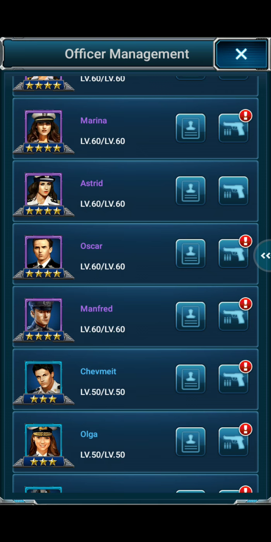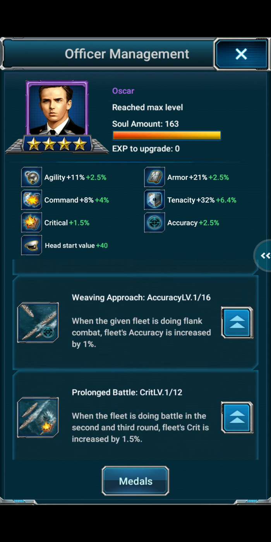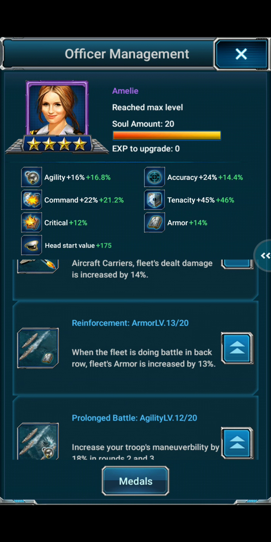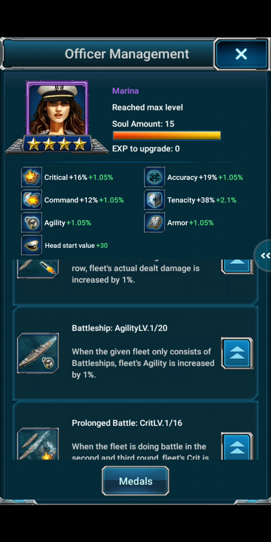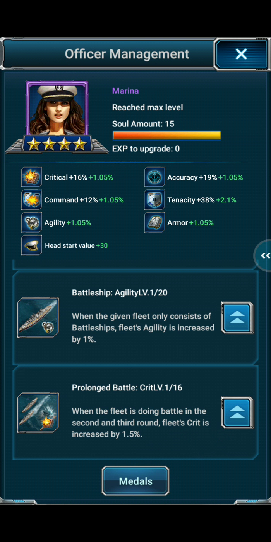Let's see if I can explain more skills. So Oscar is a back row officer. Flank combat. Flank, like I said, is coming from around your front row officers. Marina is a battleship officer, and she's in the front row, but she's not as good as a lot of the other officers. So,